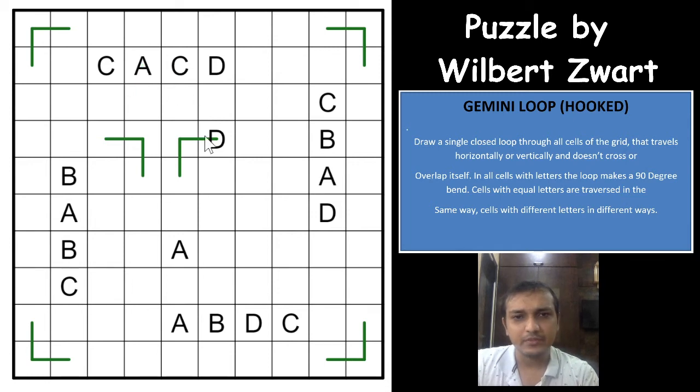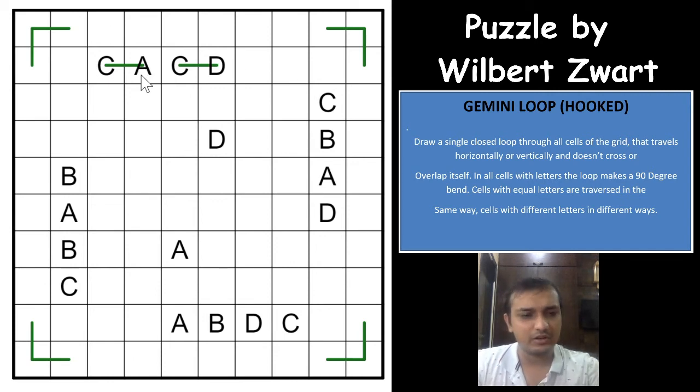So we know that the C here will have at most one segment horizontal, left or right. If the C goes towards the right, then both A and B will go towards the left. Of course, you will have to have a 90-degree turn. So if the C segment goes towards the right, in both cases it has to be the same, then the A and D will go towards the left, as you can see here. And in the same way, if C goes towards the left, A and D will go towards the right.